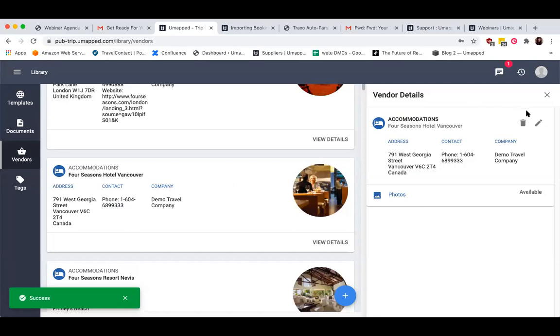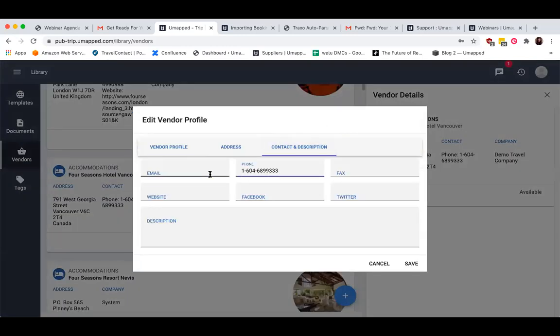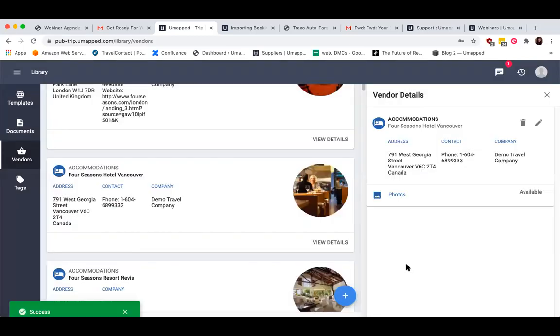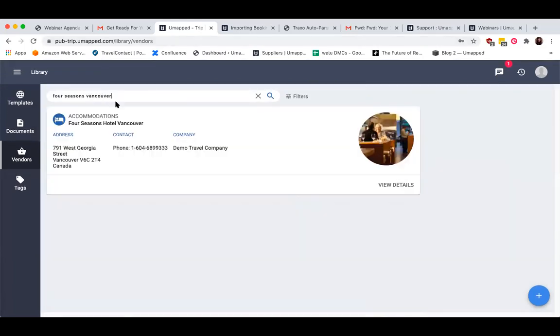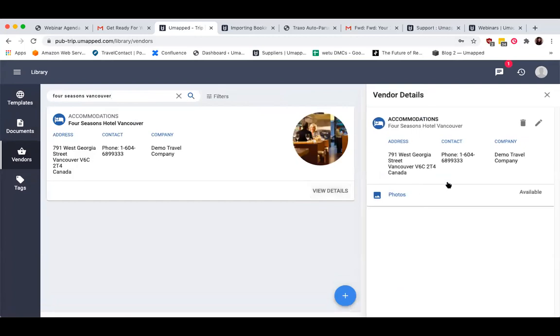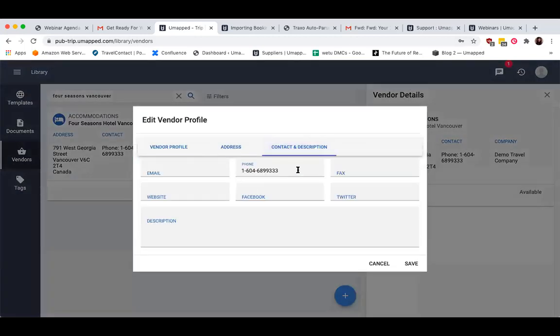And then it's going to say Demo Travel Company instead. So I just have to change it to mine first. One second. If I look it up later on, Four Seasons Vancouver, I think this just might need a minute or two to save because it is coming from the database, but anything that I'm taking out